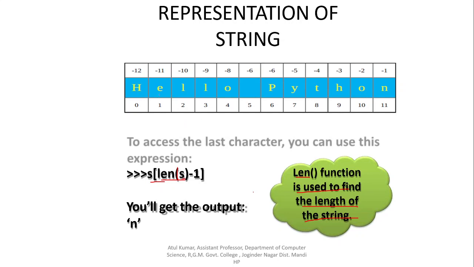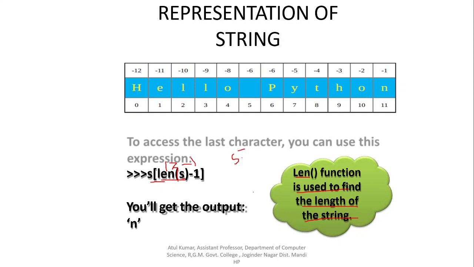So here, what is the length of the string? 1 2 3 4 5 6 7 8 9 10 11 and 12. So the length of the string is 12. Here the value 12 is used minus 1. So 12 minus 1 is 11.